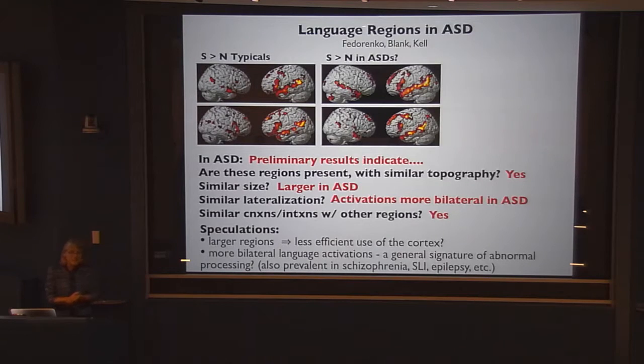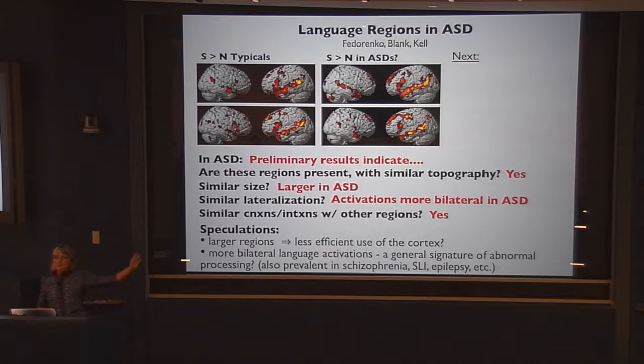And I resisted his exhortations to look at this for a long time because I'm allergic to sex differences in the brain. I don't trust the public with sex differences in the brain. The whole thing makes me nervous. But at his urging, I looked, and we don't see any significant sex differences in any of the measures I'm going to tell you about here that show a difference between people with autism and typical subjects. There are some trends that he's excited about, but they're not even close to significant.